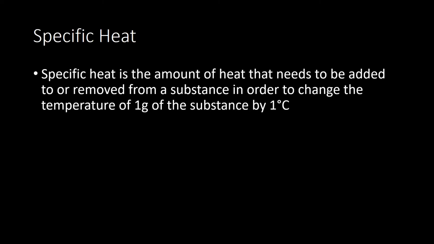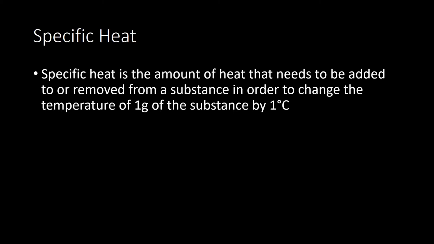The last thing we want to look at is specific heat, and we're not going to go into a great amount of detail with specific heat like you would in some more advanced classes. So for us, we just really need to know the definition of specific heat. Specific heat is the amount of heat that needs to be added or removed from a substance in order to change the temperature of 1 gram of that substance by 1 degree Celsius. And there are formulas out there that you can use to figure out what the specific heat is and the amount of heat that would need to be added to cause a change in temperature or removed to cause a change in temperature. But we're not going to get into that much detail. All we need to know is that